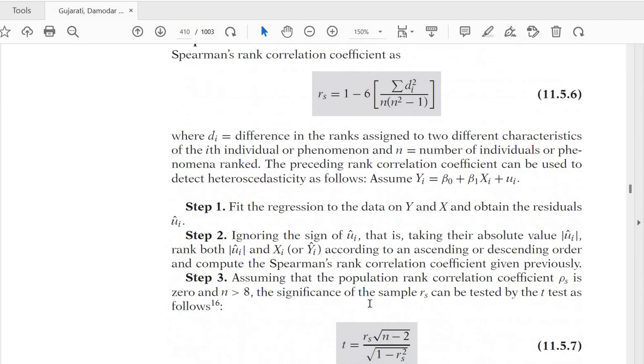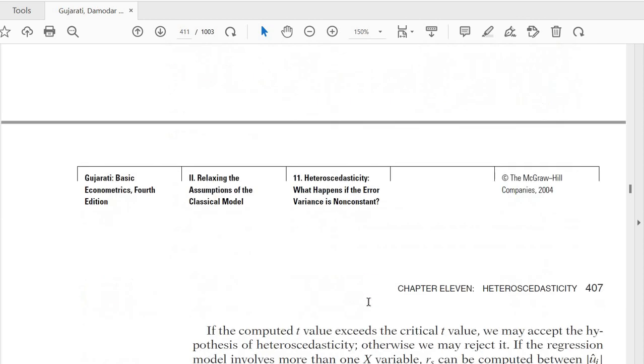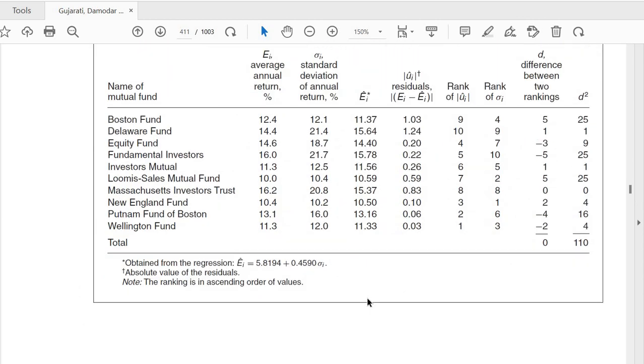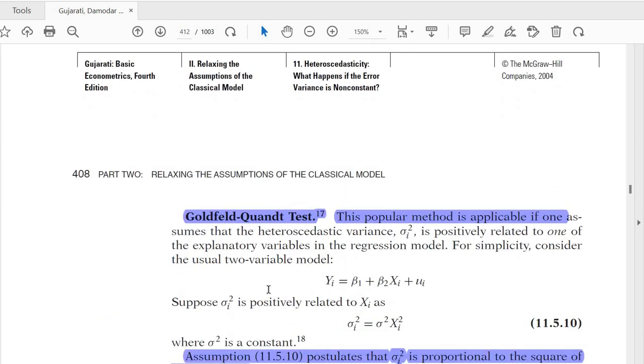उसके बाद फर्दर स्पीयरमैन्स रैंक टेस्ट है, ये आप खुद गो थ्रू कर लें, इसमें आपको समझ आ जाएगा। और मेरी रिक्वायरमेंट सिर्फ ये दो टेस्ट हैं, जो पार्क टेस्ट है और वो। फिर गोल्डफेल्ड क्वांट ने अपना भी टेस्ट प्रेजेंट किया, उसमें उसने बड़ा लंबा सा मेथड बताया कि डाटा को असेंडिंग ऑर्डर में अरेंज करें,